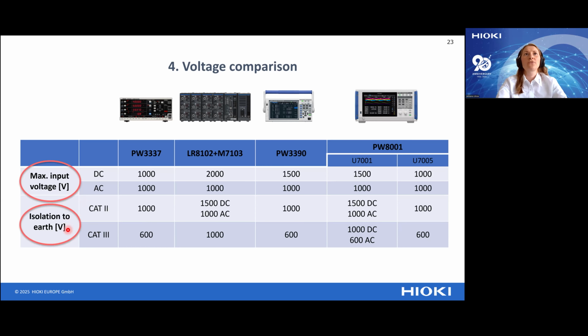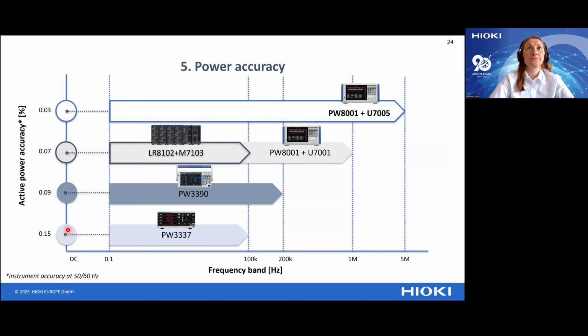And here you have to also take care if the device is category 2, which is low voltage usage, so where you are going to use the device, and category 3 would be, for example, distribution boards and so on. So it's just a table that you have for later reference, but this is something you also have to be careful about in order to have a safe power measurement.